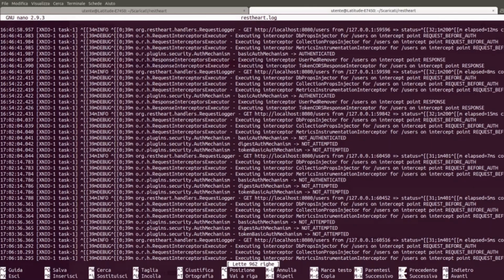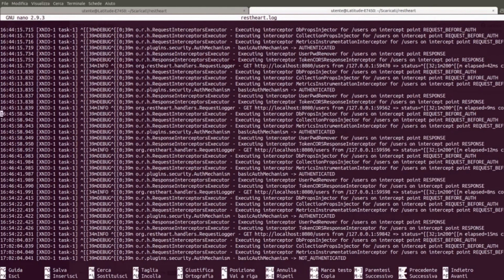What we just tested is simply the start of restart. We didn't do any interaction with the database. On the other hand, all the information related to the calls are recorded too. Therefore, we can also have an overview of all the connection attempts of the users that did or did not authenticate, in order to see if there were problems or intrusion attempts, for example, from computer hackers. Let's take a quick look at those rows.